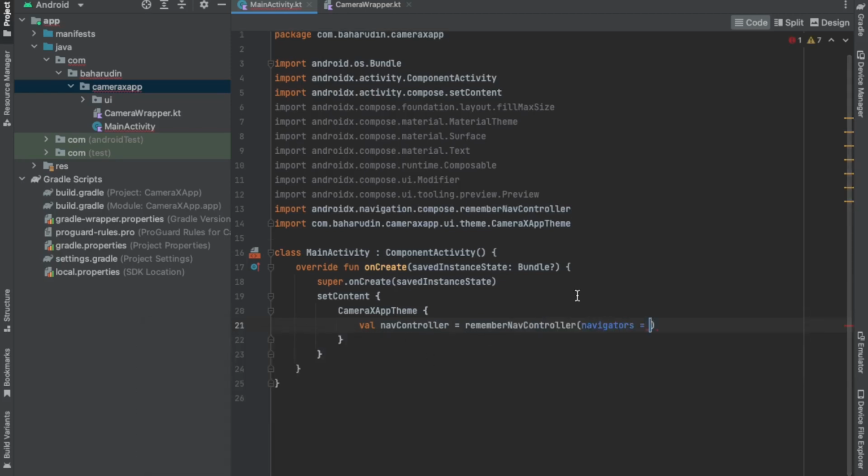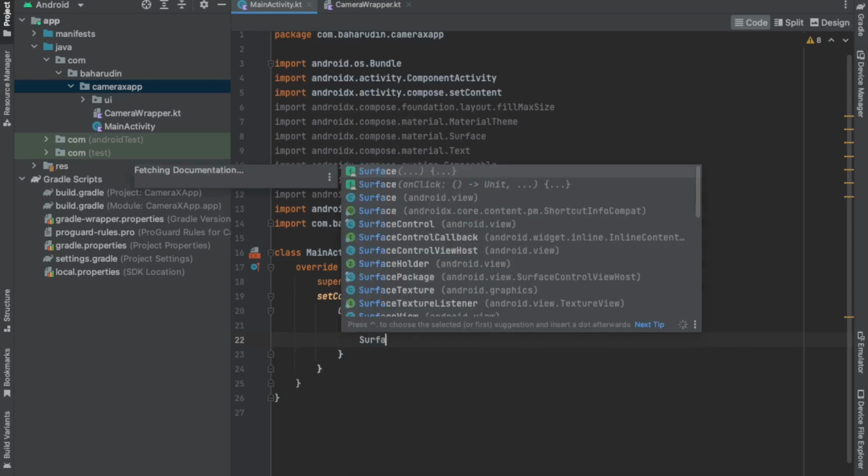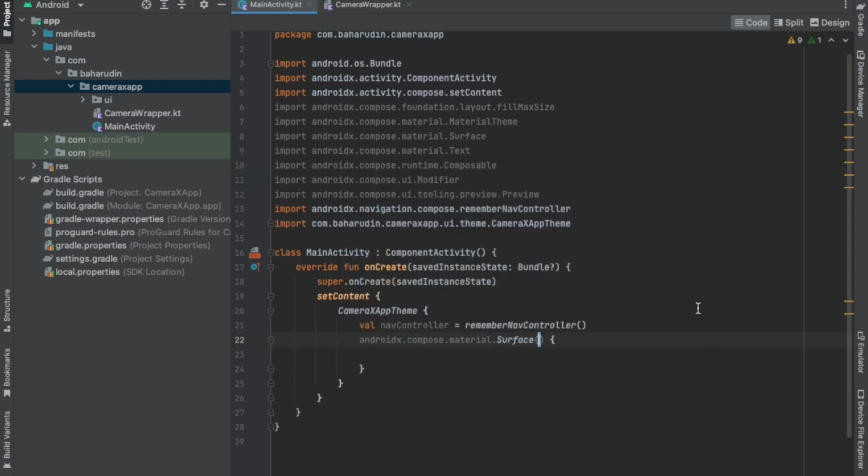Okay, I will delete the navigation, and then in here I will create the surface. I will delete it,